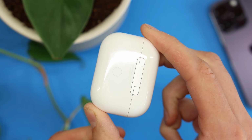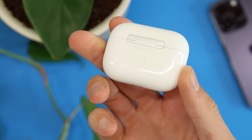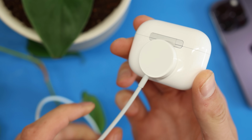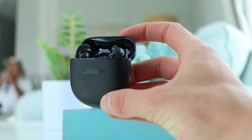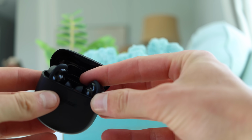In addition, the case can charge in many different ways, from wireless charging, like Qi wireless charging. You can charge it with MagSafe, so it'll stick on the little magnet there, the Apple Watch charger, or of course the Lightning charger. Whereas unfortunately, the Bose earbuds, you can only charge them with the USB Type-C. There's no wireless charging on here. I know I said there was in my original review. That was a mistake. They definitely don't have wireless